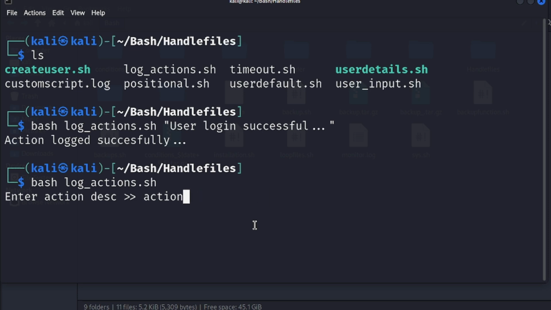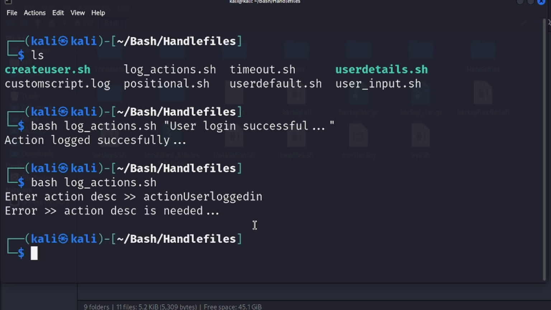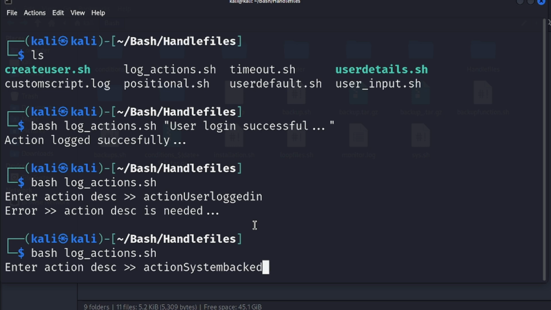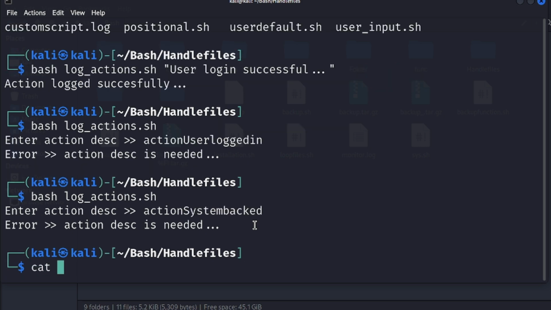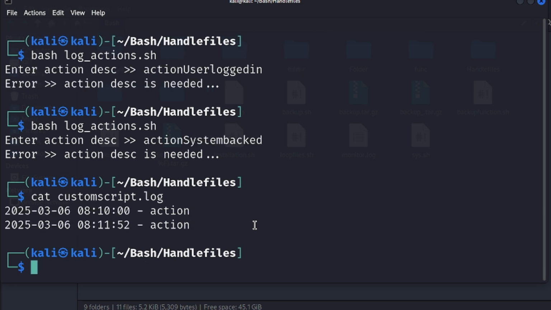Let's say again we'll pass user logged in, some message like this. Okay, let's try that again. System backup. Okay, let's see what is happening in our system log. Yeah, as you can see, our data has been logged successfully